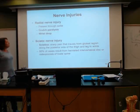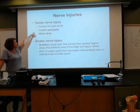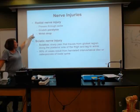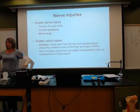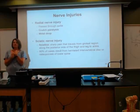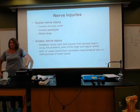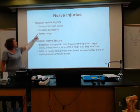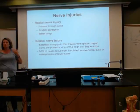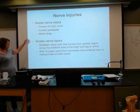Now, the brachial plexus, from the cervical region, passes through the axilla. Any idea what that might be? Our armpits. It's usually one of the things that happens to people who don't use crutches correctly, because a lot of times people think crutches are supposed to be buried right up underneath your armpits. Not necessarily, okay? You need a little bit of blood flow to get through there, and it can actually lead to crutch paralysis if people use their crutches wrong. Wrist drop is another one. It'll be like you go to pick something up and it's like,